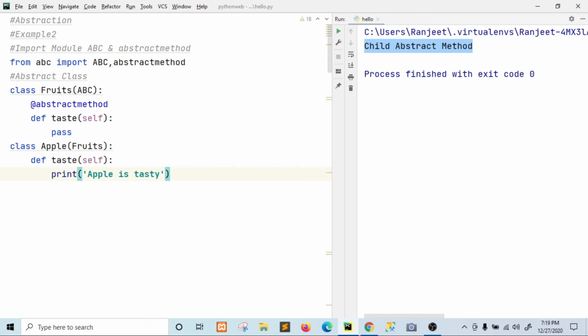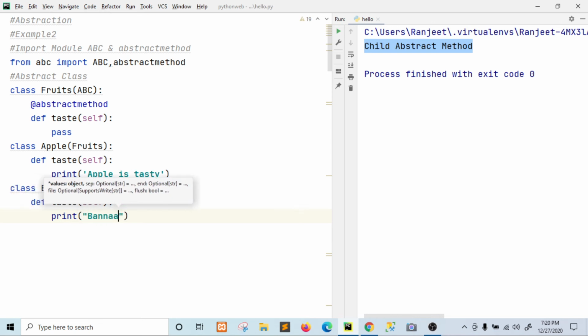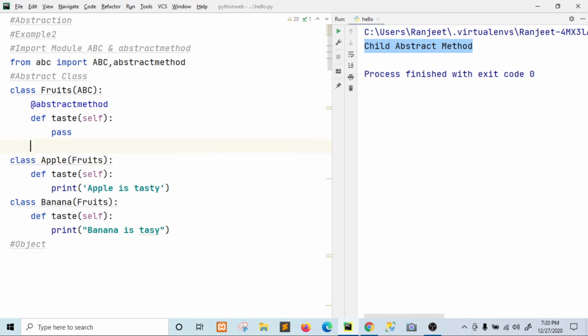Now we make another class, banana, pass Fruits, define the taste method and print "banana is tasty". Here the main class is Fruits, and Apple and Banana are subclasses.